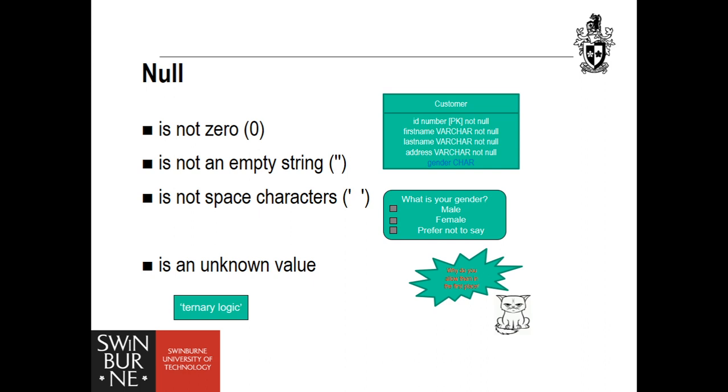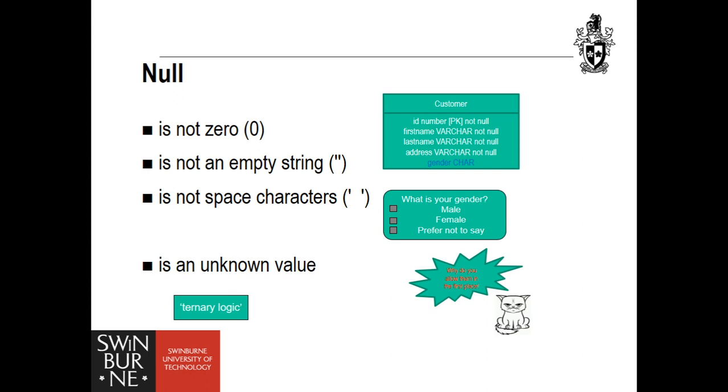Null means we don't know the value yet. Perhaps we never know it. Perhaps we just have not asked yet. There are many situations where you cannot be sure your database will ever have a value for a field. You might think let's just exclude such a field, but this is not always an option. In the example, we have a gender field in the customer table. Many companies like to know the gender of their customers for targeted marketing, but a company cannot force its customers